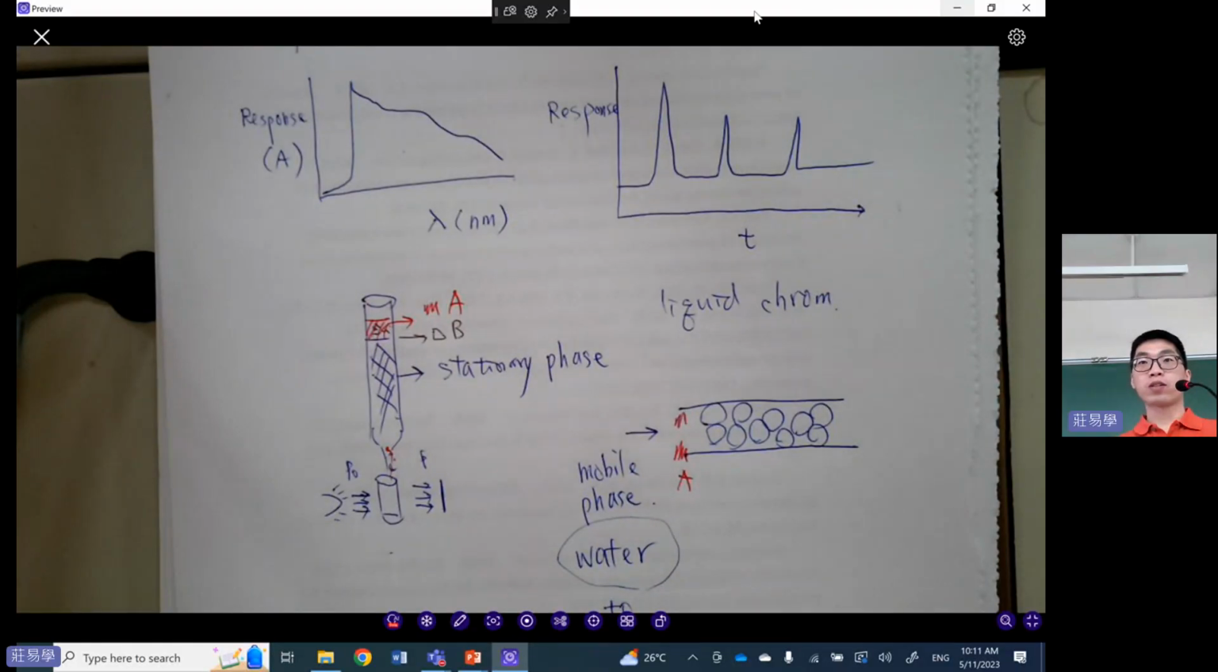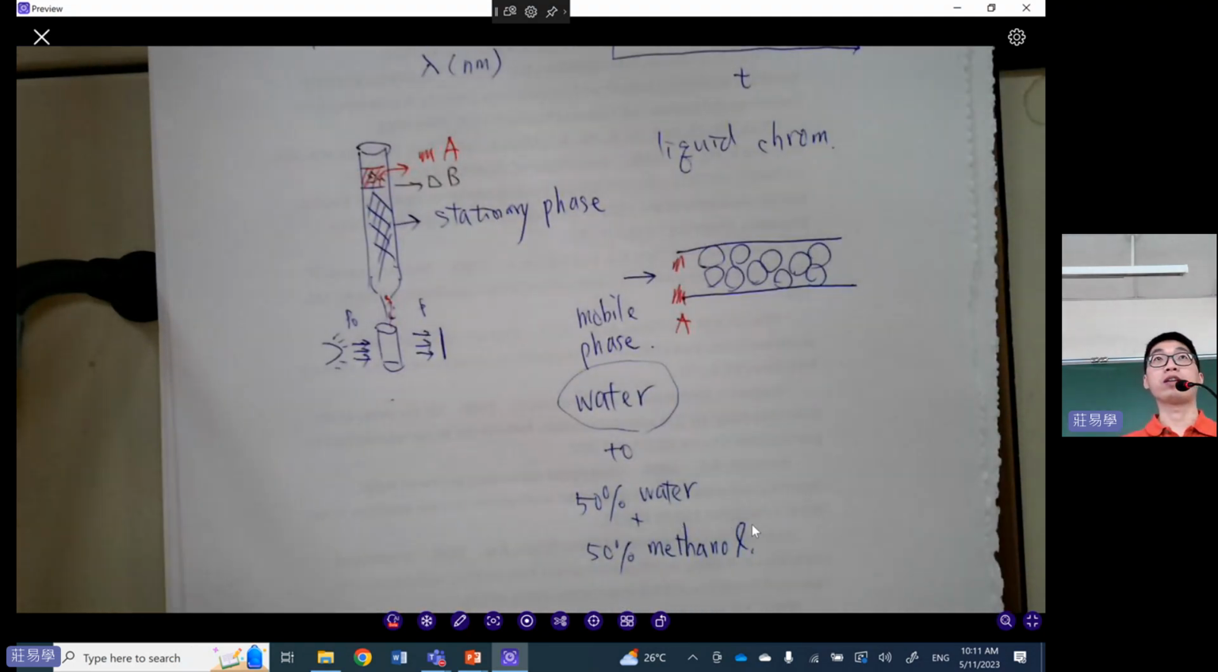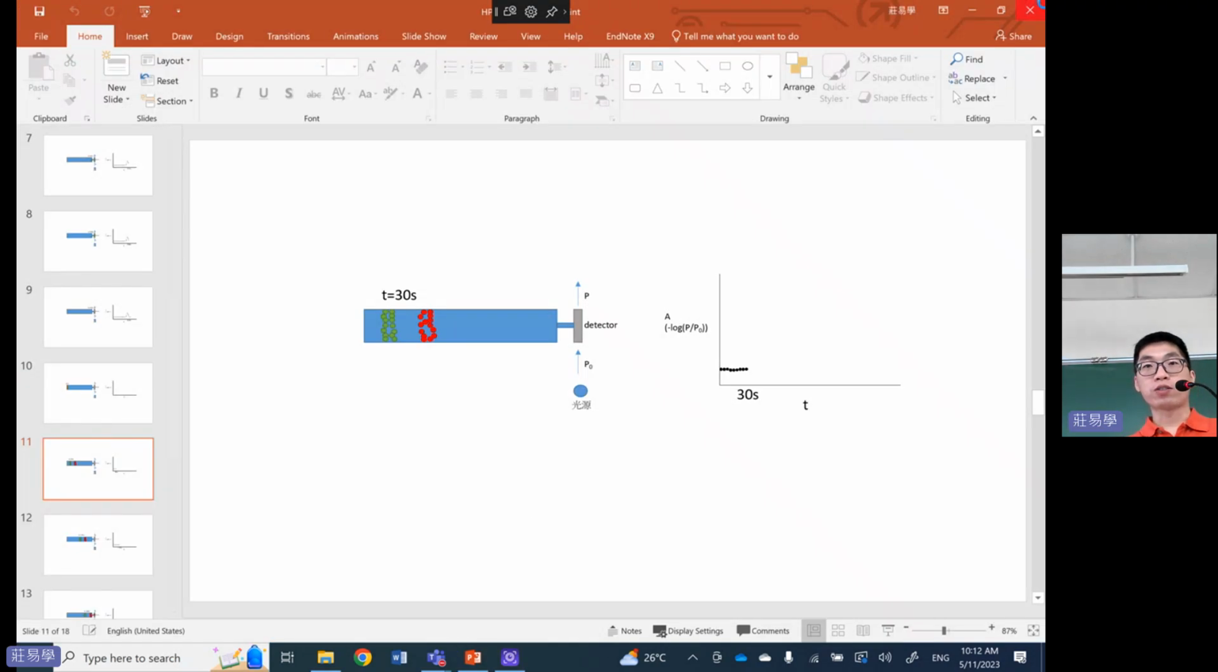Let's proceed. So the point here is that by manipulating the ratio of water and organic solvent, you can decrease or increase the retention time. So you can change the retention time of your compound in the column, right? So if we come back to this slide,